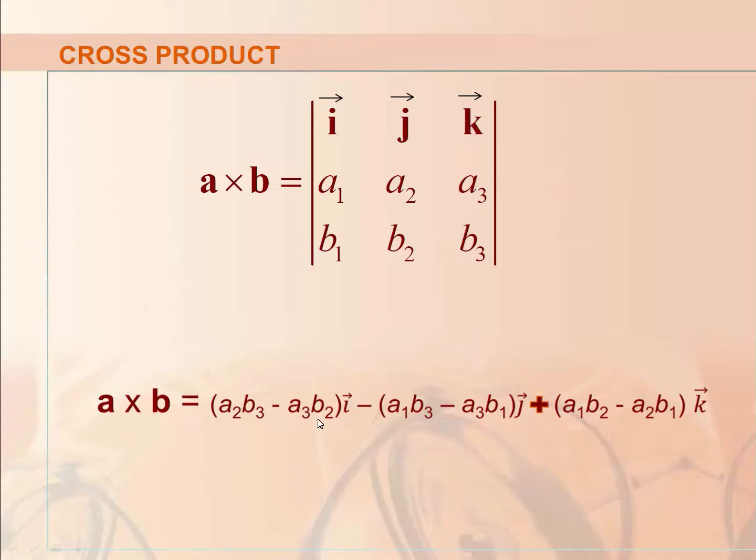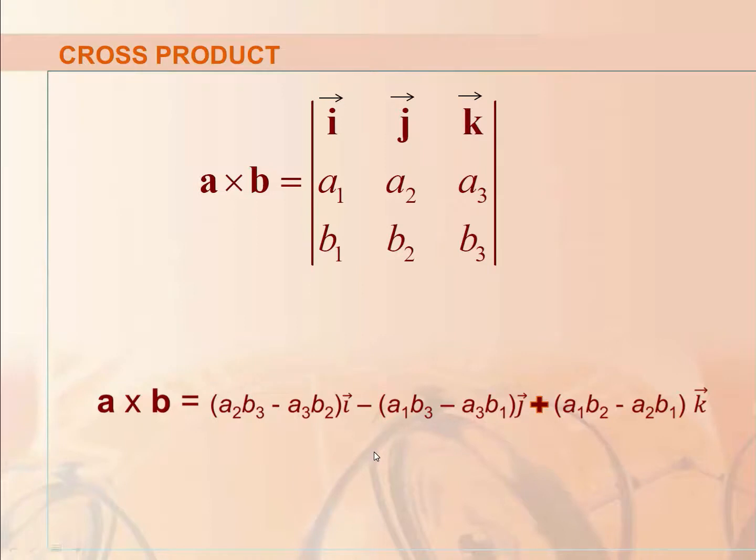like a cross multiplication. We put I, minus, we open a bracket and then we cross IJK with the column of J, and we do A1 B3 minus A3 B1, J, plus we open a bracket and we cross IJK with the column of K and we write A1 B2 minus A2 B1, as it's written here.